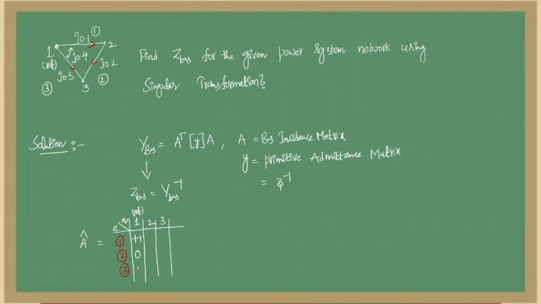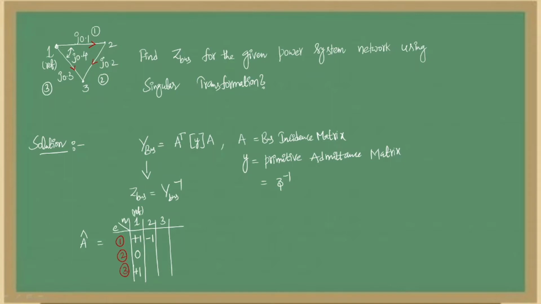Going to the third one, which is first node, third element. For the first node, how is the third element? The third element is moving away. When the element is moving away from the particular node, we can give +1 for that value in the matrix. And if the direction of the element is towards the node, you can consider it as -1. Coming to the second node, the first element is moving towards it, hence I can consider -1.